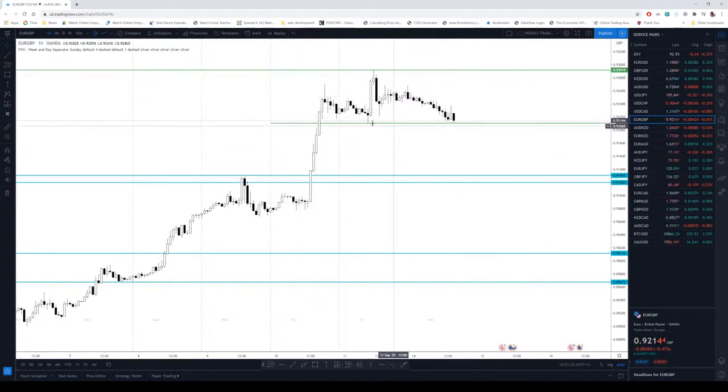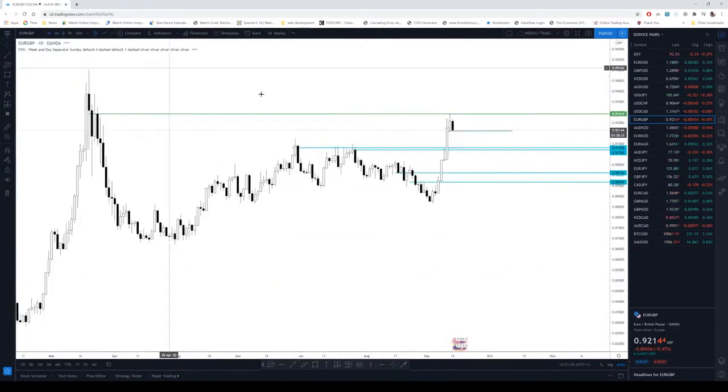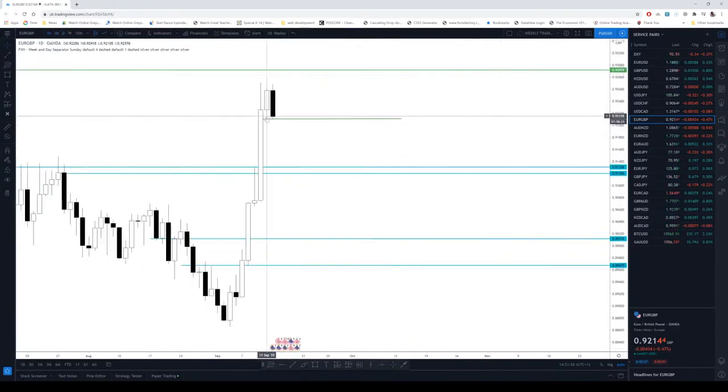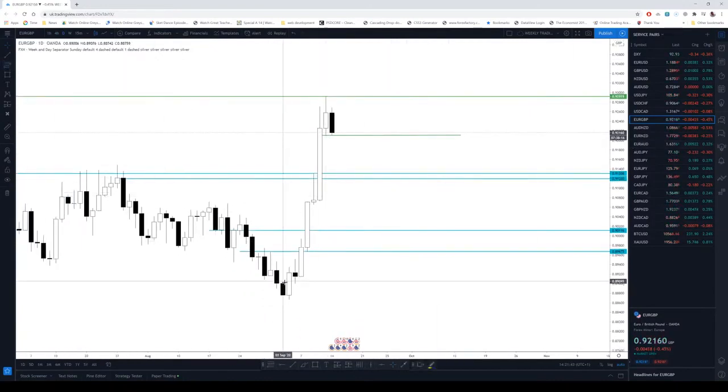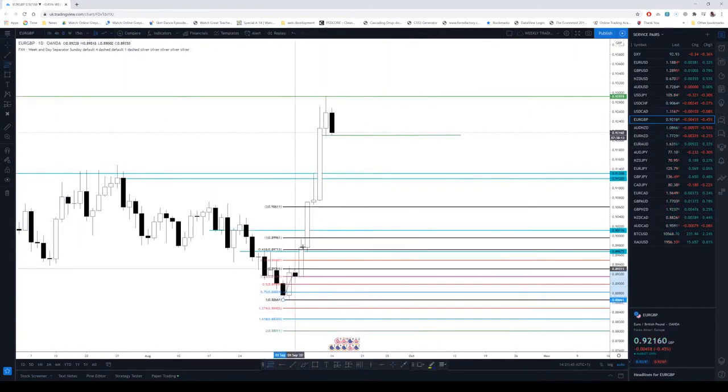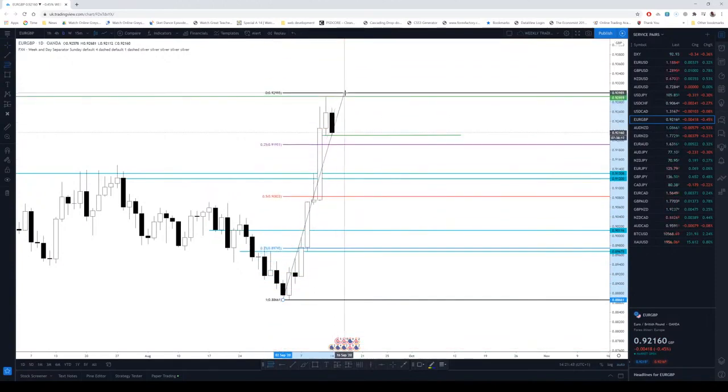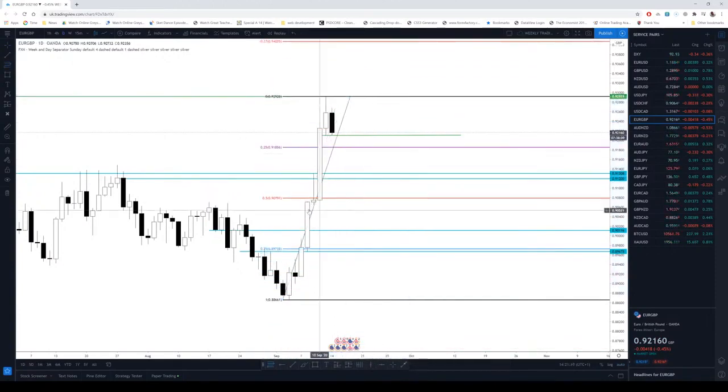All right. So there needs to be a close on the hourly time frame below this low, or on the daily we need to close below this low. Okay, that's your trigger. Once you see that, target down here, or you can do a 50% of the range. Yeah, you can do a 50% of the range as a target as well. Okay,